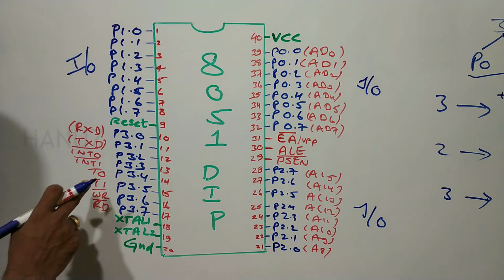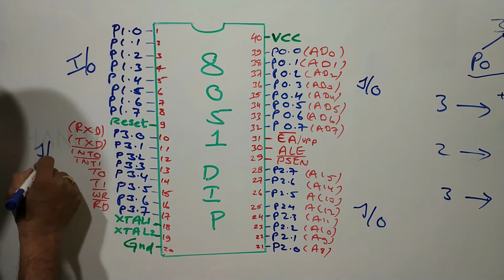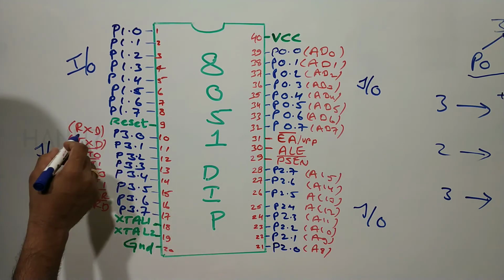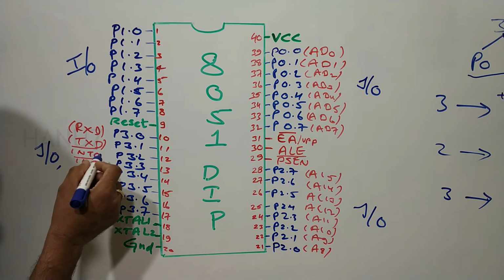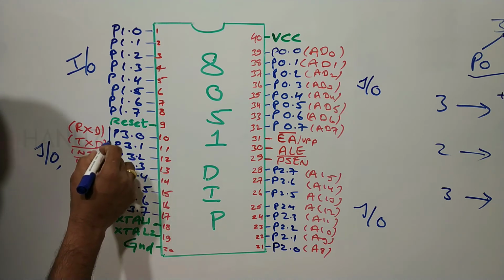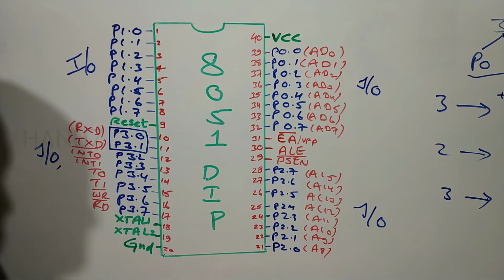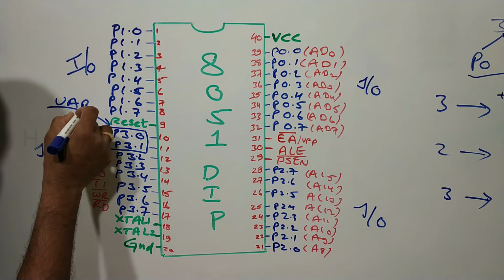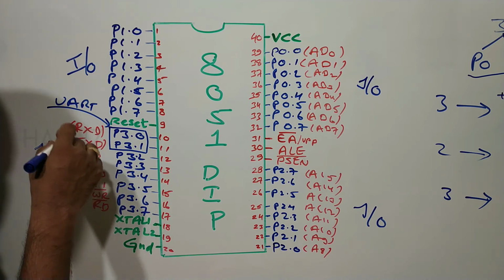And coming to the third port, port 3.0 to 3.7. This is also the same like the others. It will perform IO operations. Along with that, it is also having dual functionalities. It will be useful for receiving and transmitting the data. So these two pins will provide us serial data communication. I can say that there is an inbuilt UART in this port 3. Microcontroller 8051 comes with an inbuilt UART, so that reading and transmitting the data will happen through these